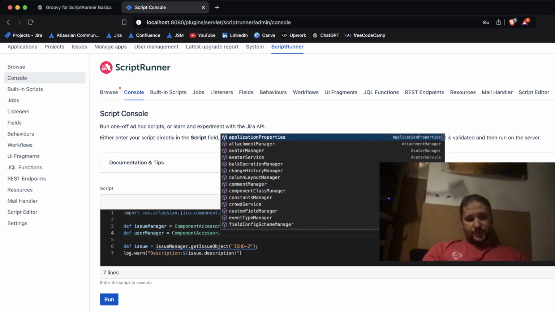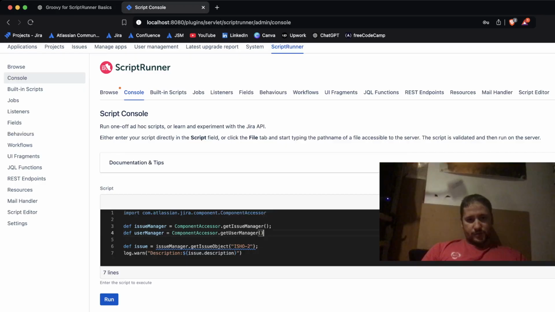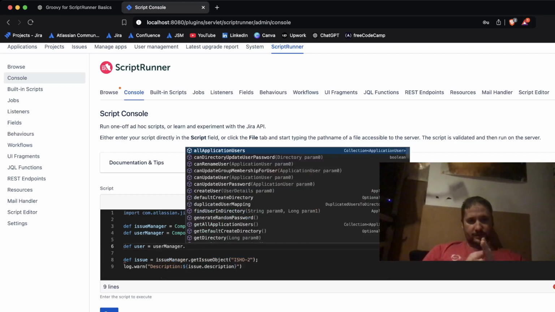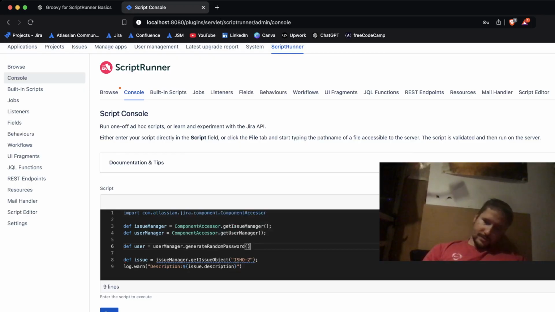Component Accessor with get the user manager. And what I can do here is I can define the user. I can go like user manager dot. Okay. And it's gonna say a lot of things actually. This one is really interesting